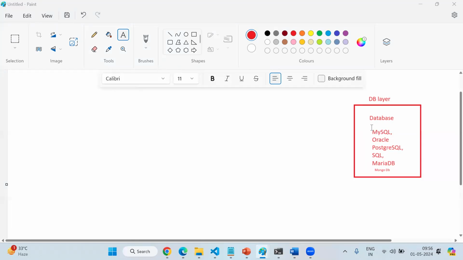Now the shopkeeper is asking which database you need. We have MySQL, Oracle, PostgreSQL, SQL Server, Mongo, Maria. Give anything, one. So okay, we have given MySQL. Now the problem is,